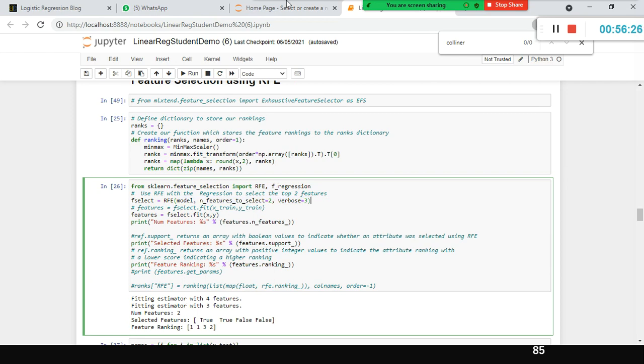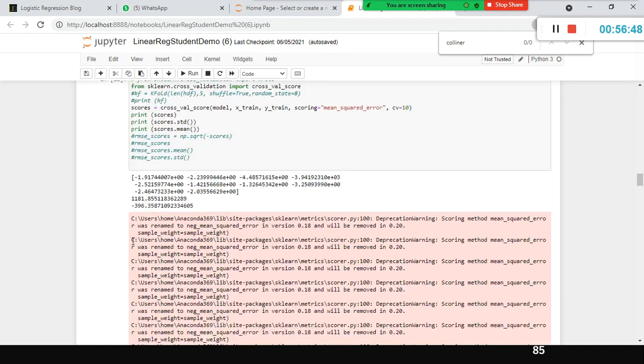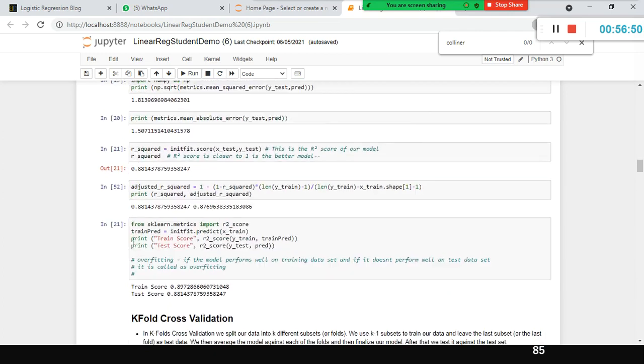Okay, there is RFE. The RFE is available as part of the feature selection submodule, which is part of the main sklearn module. You need to import RFE. And f_regression also you can use here instead of this. So for RFE, the first thing is you need to specify your model. This is my linear regression model, you remember.